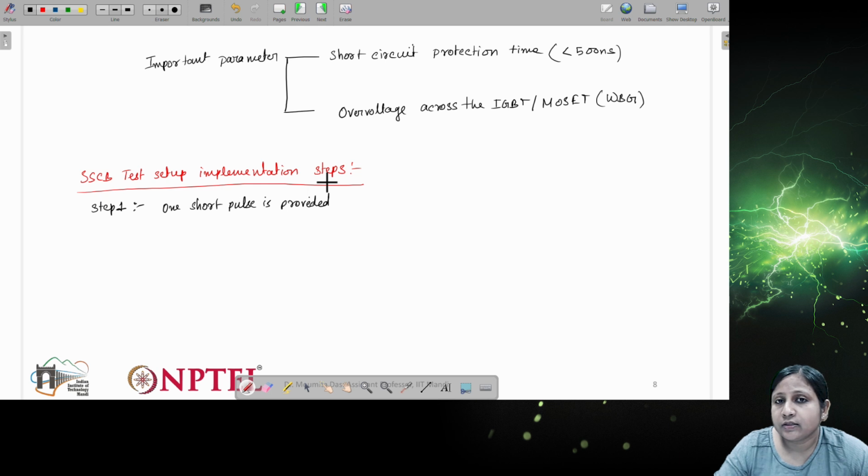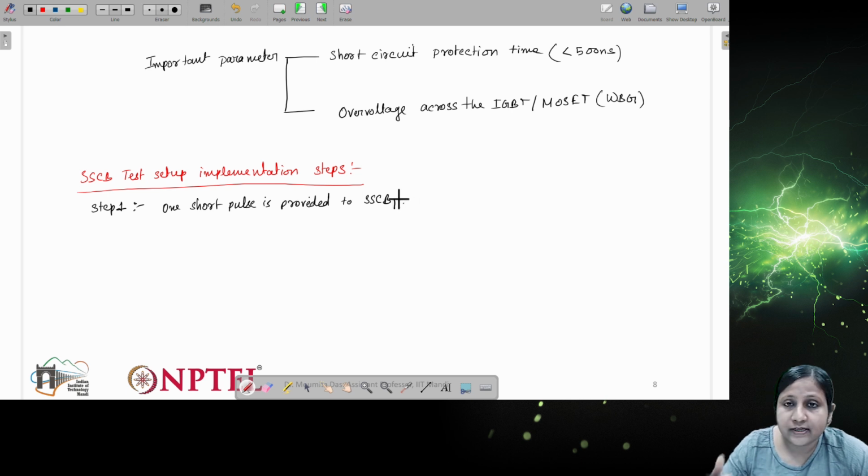to the solid state circuit breaker under test, let's say SSCB 1, from this gate drive. Now this short pulse length should be slightly higher than the required short circuit protection time.